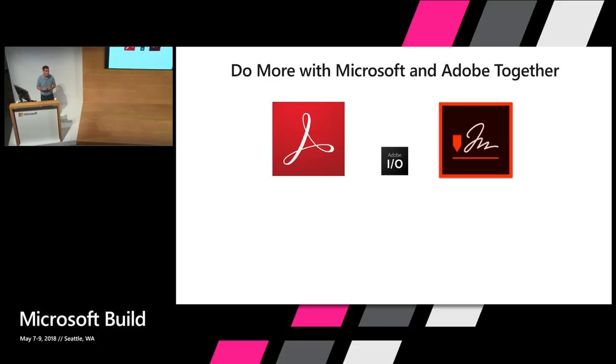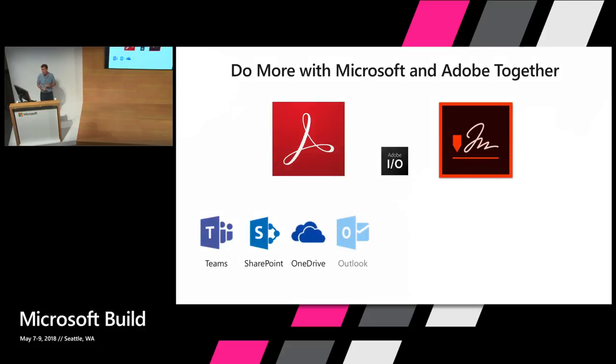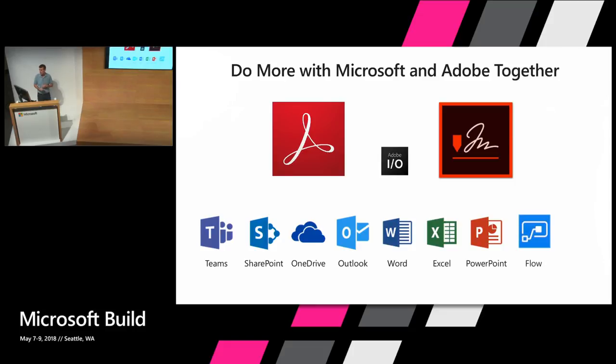This is Adobe I/O. You can think of this as Adobe's equivalent to Microsoft Graph. Adobe I/O has let us build integrations spanning Teams, SharePoint, OneDrive, Outlook, Word, Excel, PowerPoint, Flow, and Dynamics. And with that, I thought it would make sense to show you a sampling of these integrations, how they work, and then shift gears to look at Contoso and how Contoso uses many of these integrations together as a part